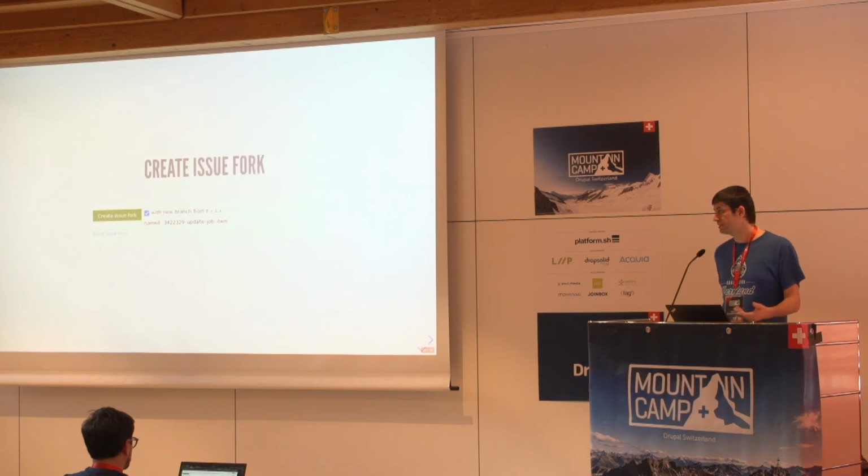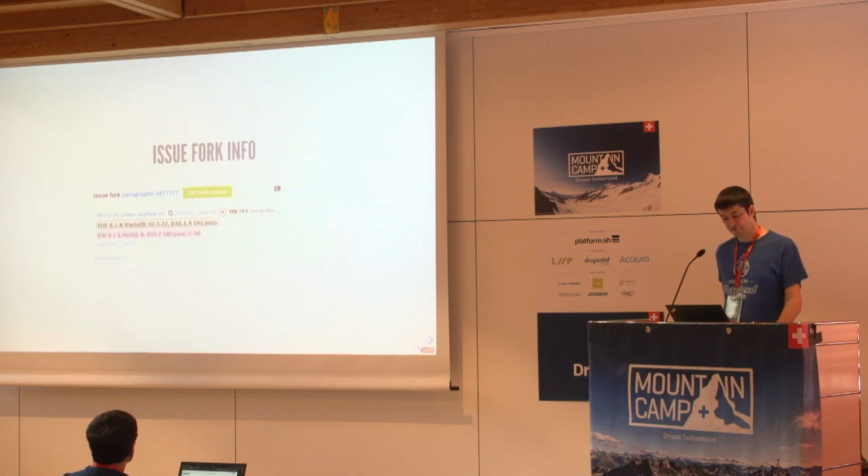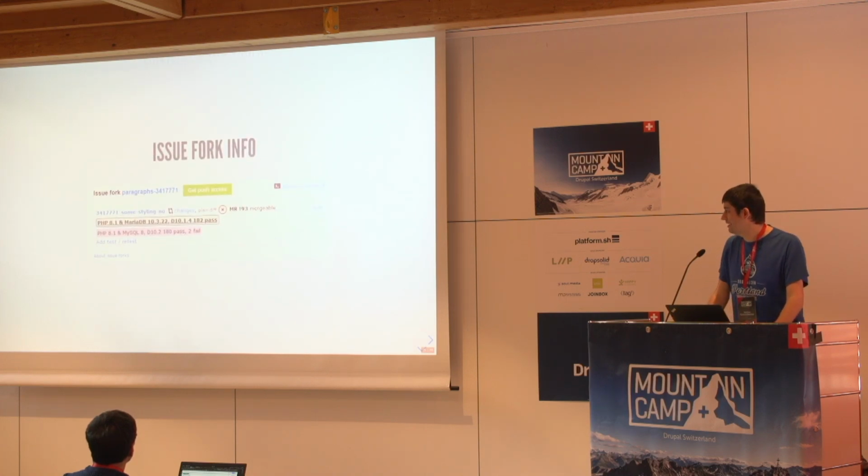So the way this works is that when you have an issue that doesn't have an issue fork yet, you have this user interface, this widget. And it's very simple, you just have a button to create the issue fork. Optionally, you can also create a branch for you, and you can adjust the name if you want to. If you look at an issue that has an existing